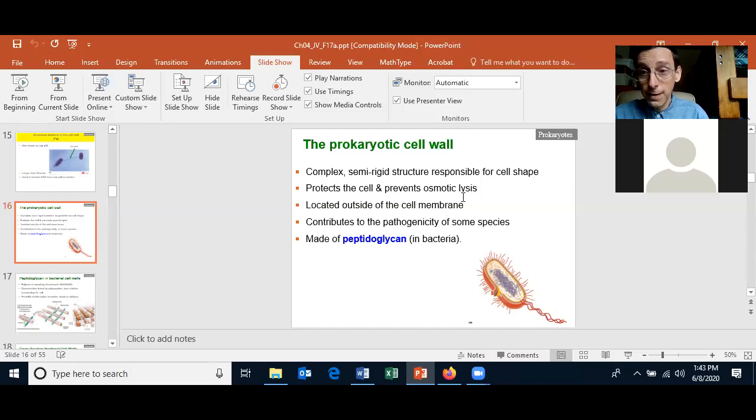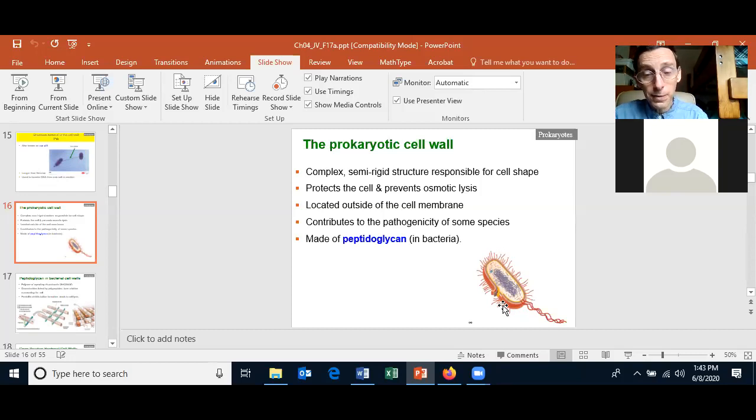Any question about that? So the cell wall prevents bacteria or prokaryotic cells from osmotic lysis because yes, water will move into the cell, but only to the point where the plasma membrane expands up to the cell wall. The cell wall, of course, is located external to the cell membrane, and the cell wall can contribute to the pathogenicity of some species, meaning that there could be something on the cell wall which could make people sick, and